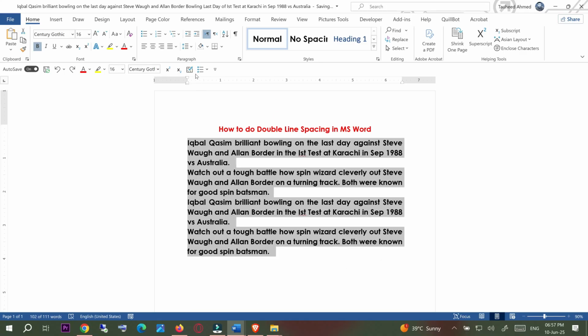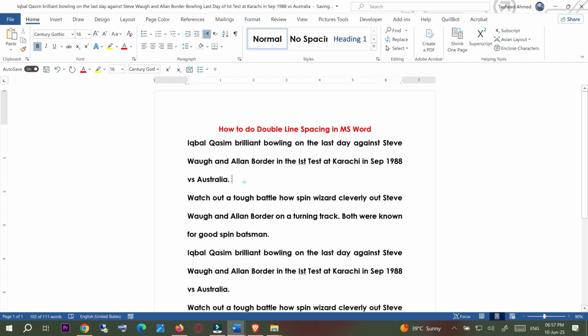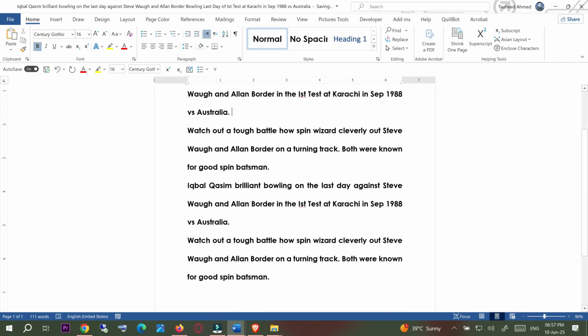Another way is that click on this arrow and go to the Line Spacing options, and here you can see that line spacing is Multiple. You need to select the Double and simply click OK, and you can see that the line spacing has been